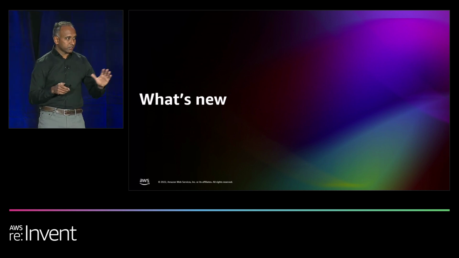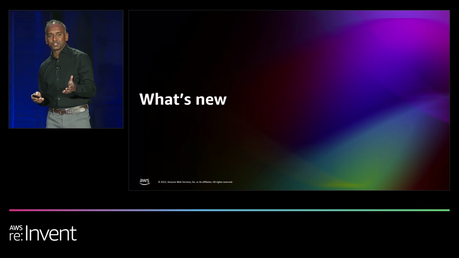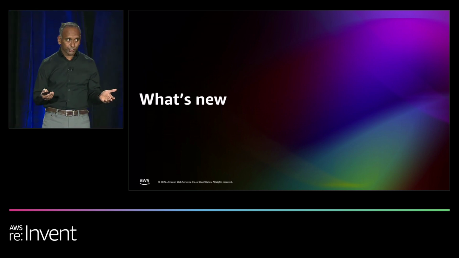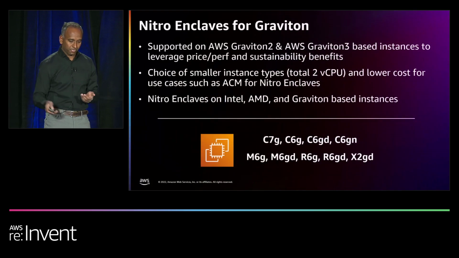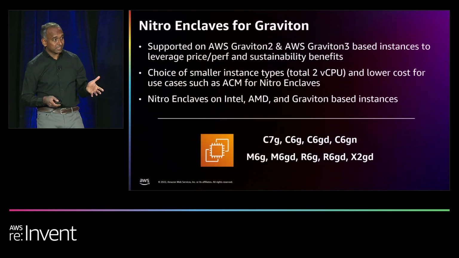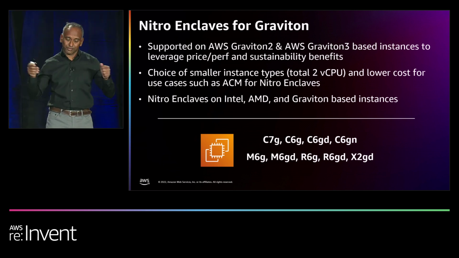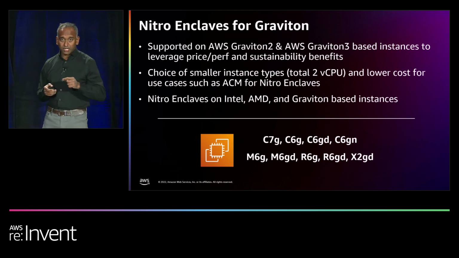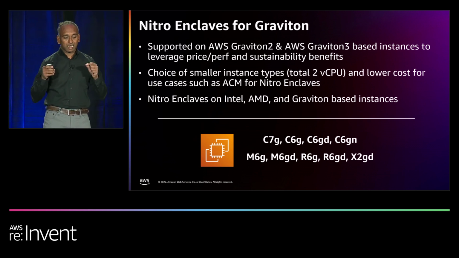So all along, you heard us talk about the capabilities that we've had in place, the Nitro system, Nitro Enclaves, which we launched about 2 years ago. But what's new? What have we been doing to innovate? What have we been doing to expand the portfolio of confidential compute? Number one, very recently, we announced support for Nitro Enclaves for Graviton. Nitro Enclaves is now supported on AWS Graviton 2 and Graviton 3